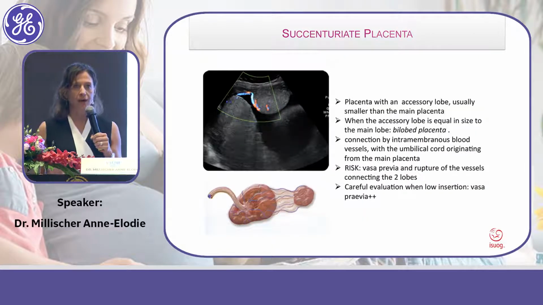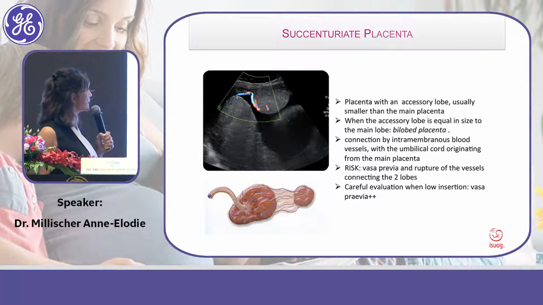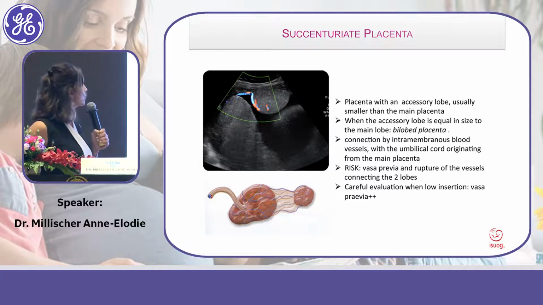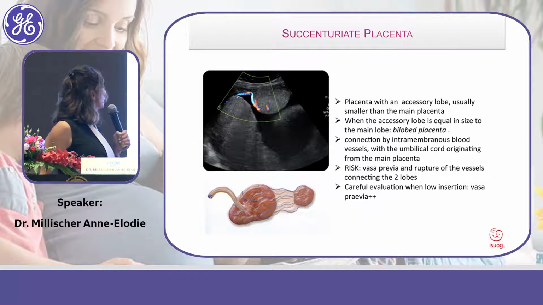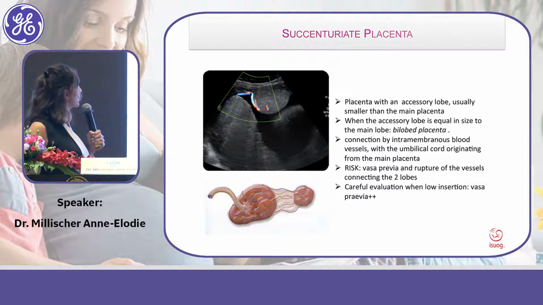It does not provide any placental insufficiency, but the only risk is when the placenta is low-lying. It can provide vasa previa, and the risk of the rupture of those vessels connecting the two lobes. Thường thì bánh nhau nó cũng không có biến chứng gì nhiều, nhưng mà đặc biệt khi cái dạng bánh nhau này nó bám thấp thì nó có khả năng gây ra những cái đặc điểm như là mạch máu bám màng, hoặc là có những cái đặc điểm như là mạch máu tiền đạo, và đặc biệt khi là cái màng này vỡ nó sẽ gây ra xuất huyết rất là nhiều.